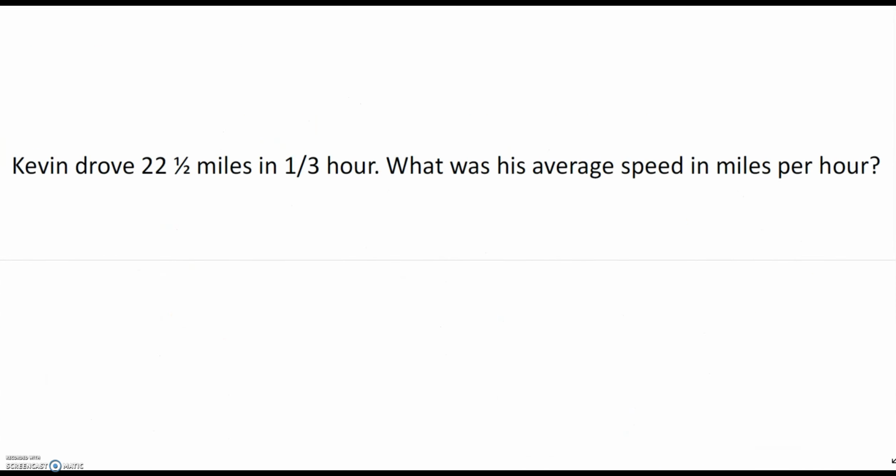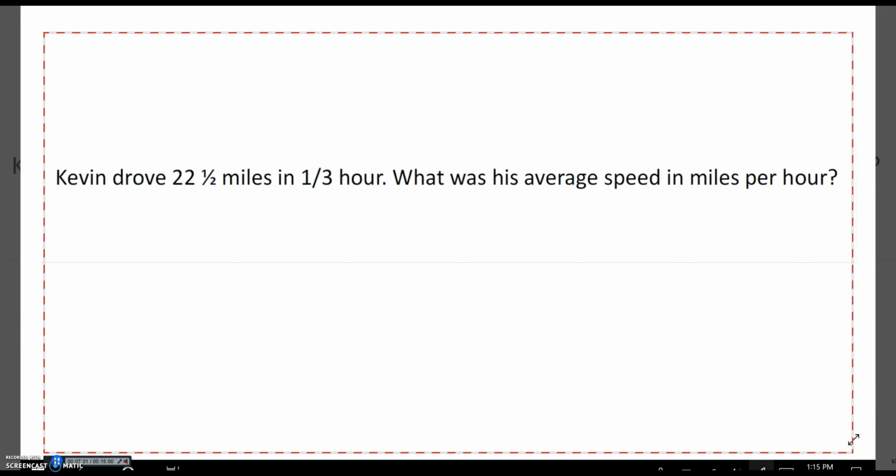Okay, so we're going to do the next problem. All right, Kevin drove 22.5 miles in a third hour. What was his average speed in miles per hour? So what I'm going to do is divide speed per hour, or miles per hour, I mean. So that means divide, miles divided by hour. So I have